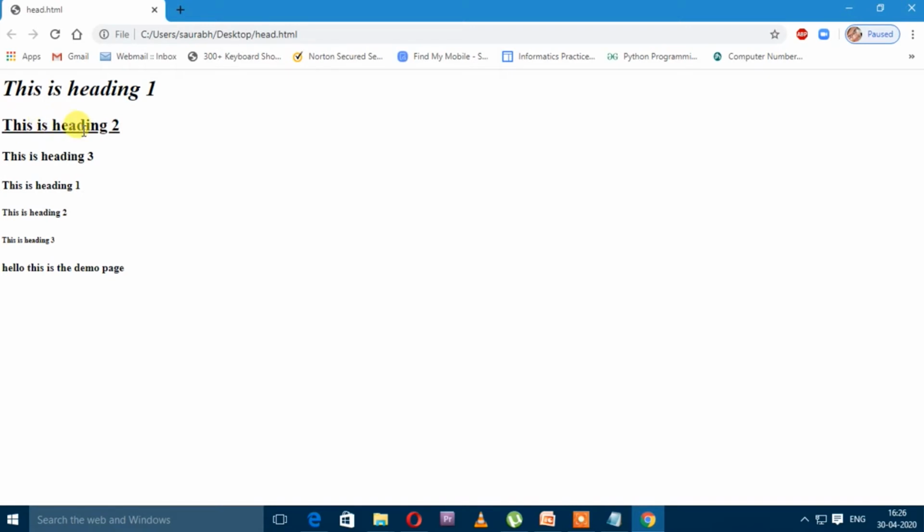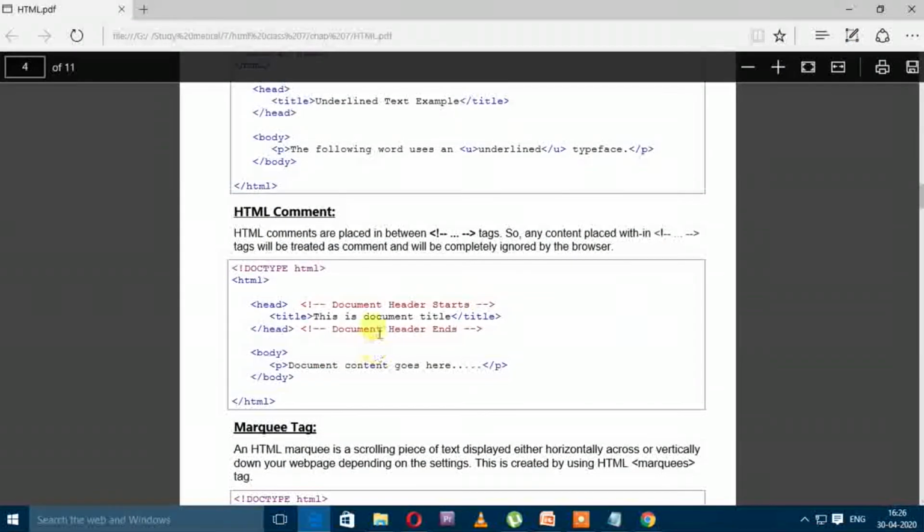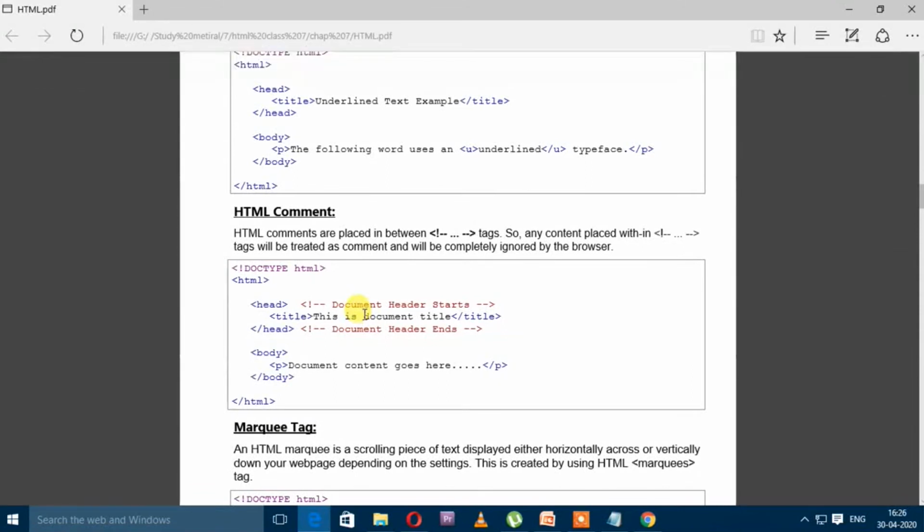The next tag is the comment tag. The comment tag the developer will use for his own understanding. Own understanding in the sense, by the use of comment tag, the developers write why they applied some code in the web page. It is there on the web page, but it will not affect the output of web page.